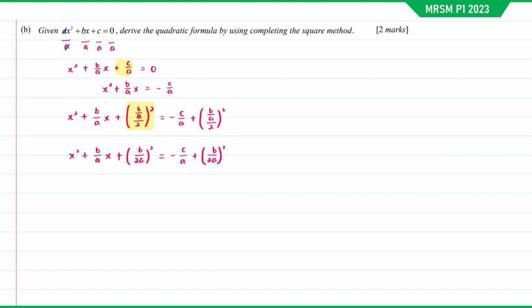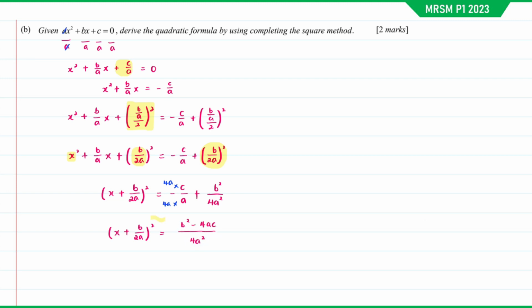So now on the left hand side, we can factorize it. It will be bracket x plus b over 2a squared. And on the right hand side, after we expand this, it will be b squared over 4a squared. To combine this as a single fraction, we need to equalize the denominator. Therefore, we need to multiply it by 4a. So on the right hand side, if we arrange this, we're going to get b squared minus 4ac over 4a